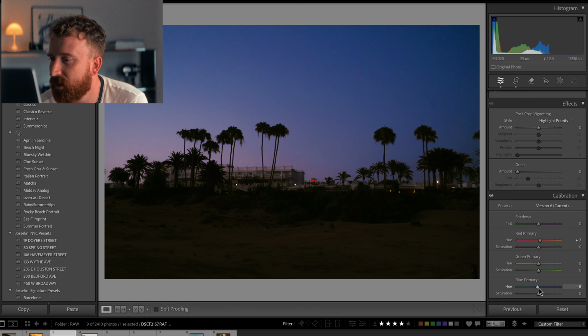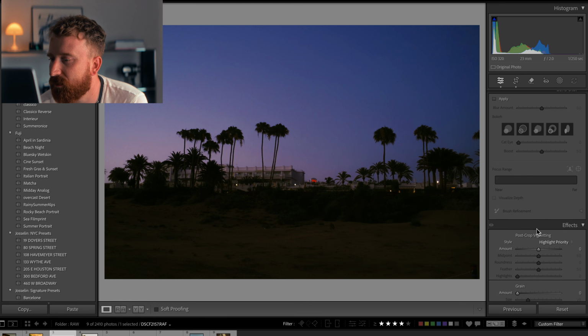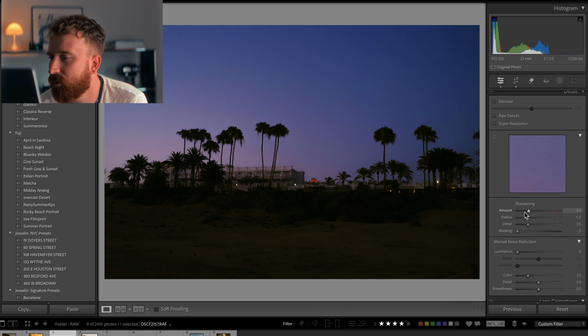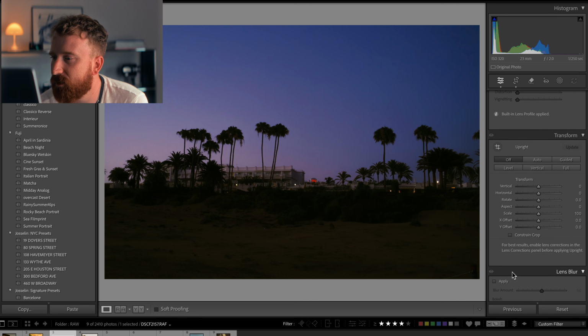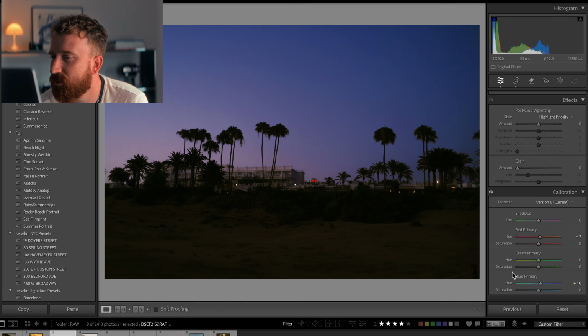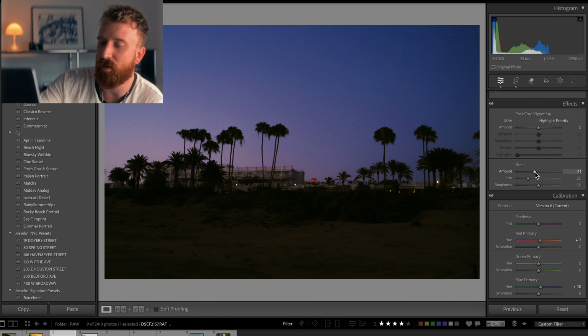Just wanted to add really here decreasing the sharpness again, and also I have to add a little bit of grain, and as I say a little bit, I mean for this shot I actually like it quite grainy,